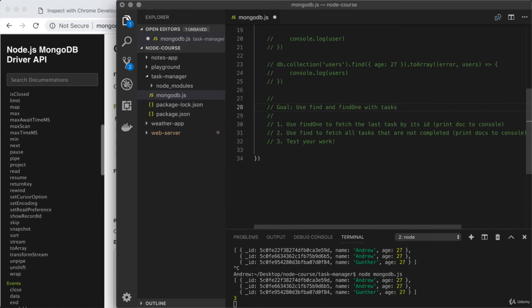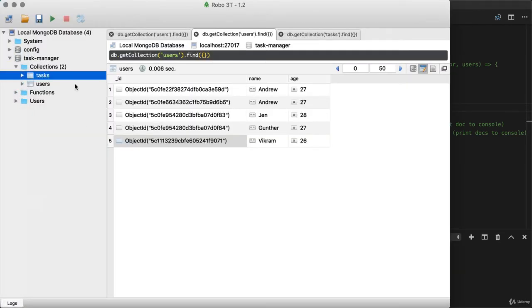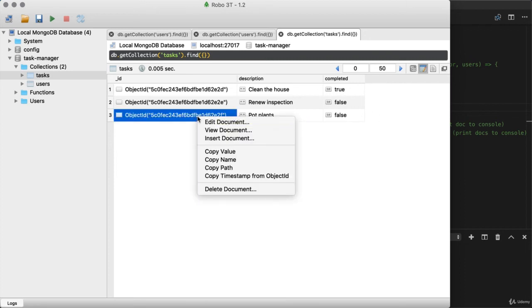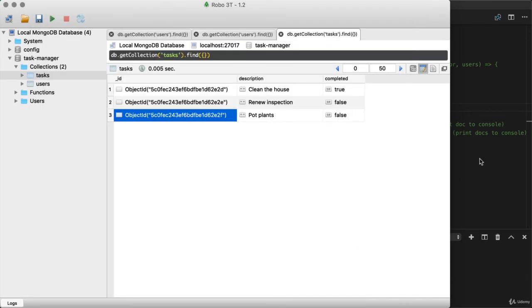How'd you do? Let's go ahead and kick things off by pulling up the tasks collection in Robo3T so we can see the data we're working with. I have that sitting right here. Now the first thing was to grab the document, the last one by ID. So I'm going to edit that document just so I can copy it to the clipboard easily. I'll close the editor and I'll bring that over to